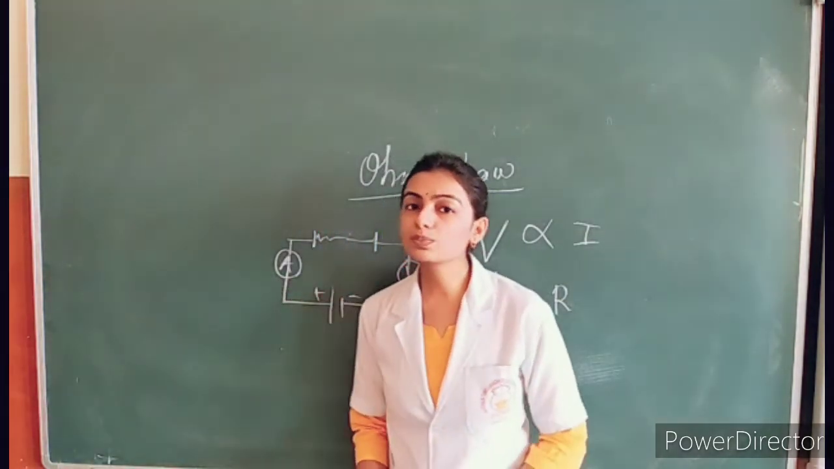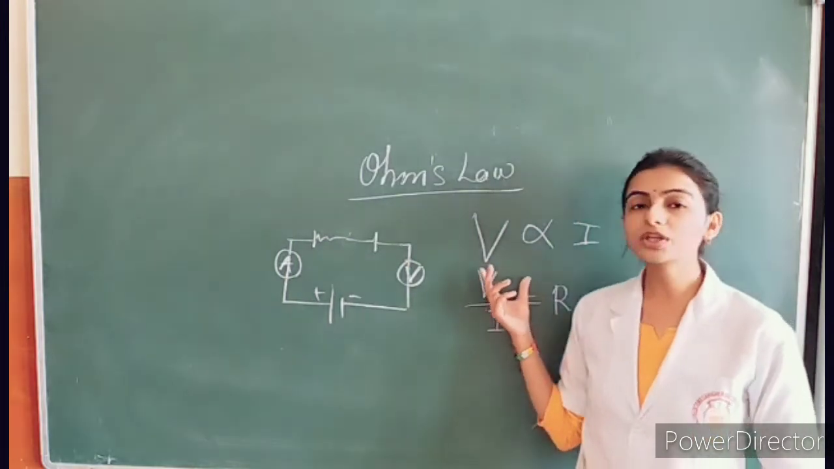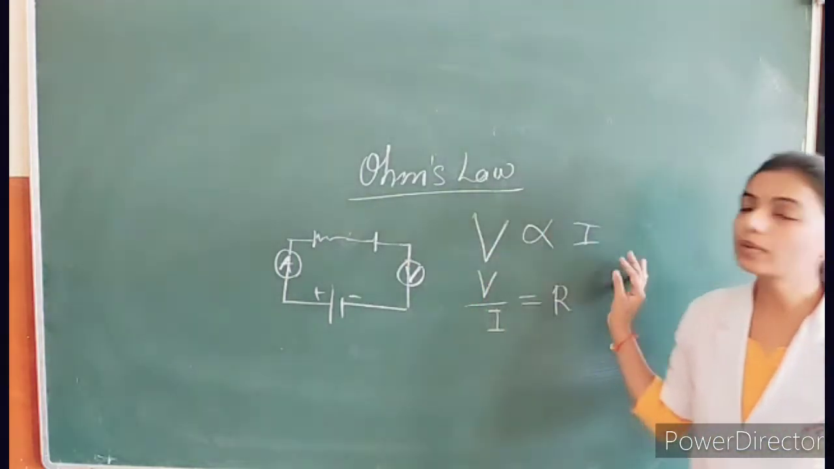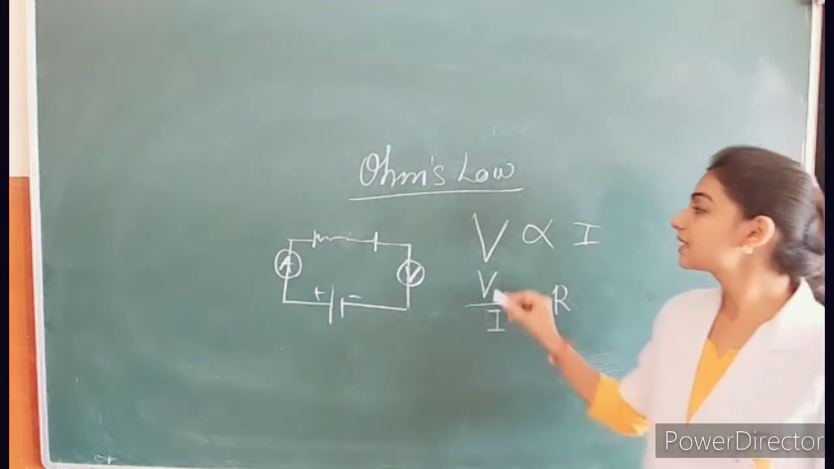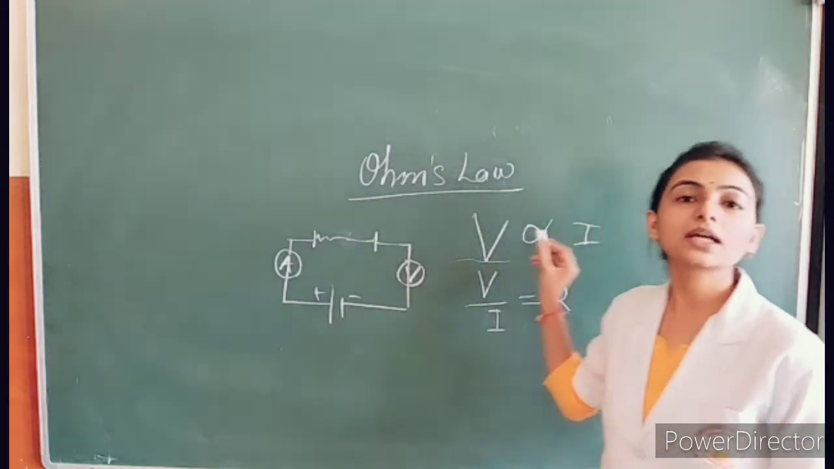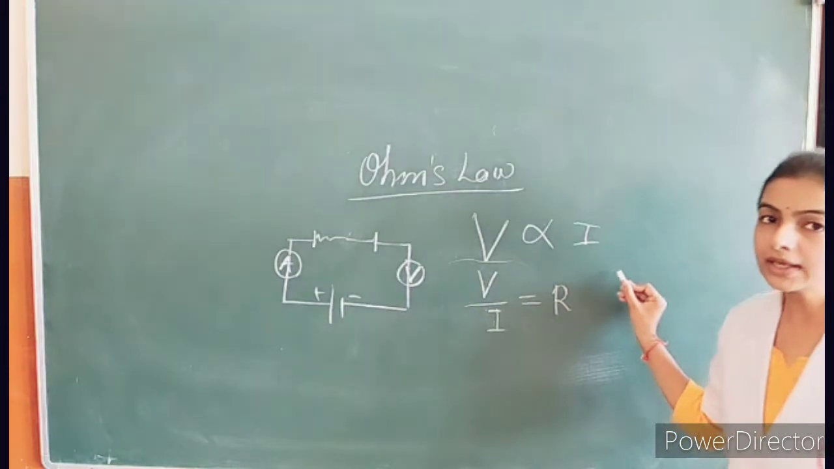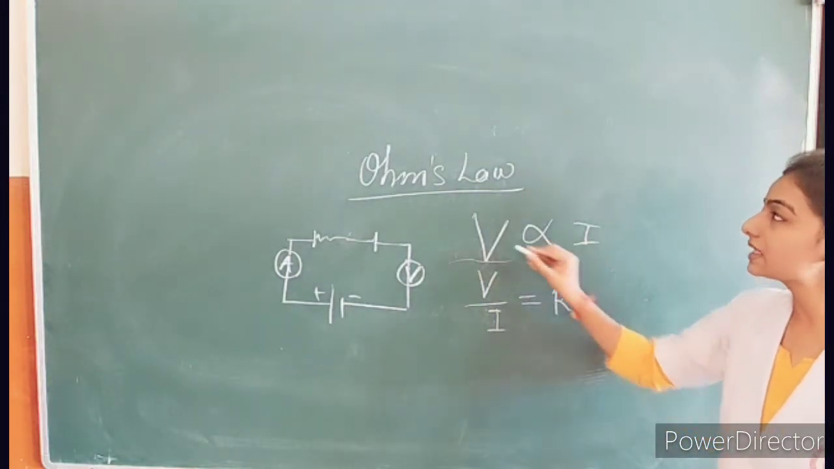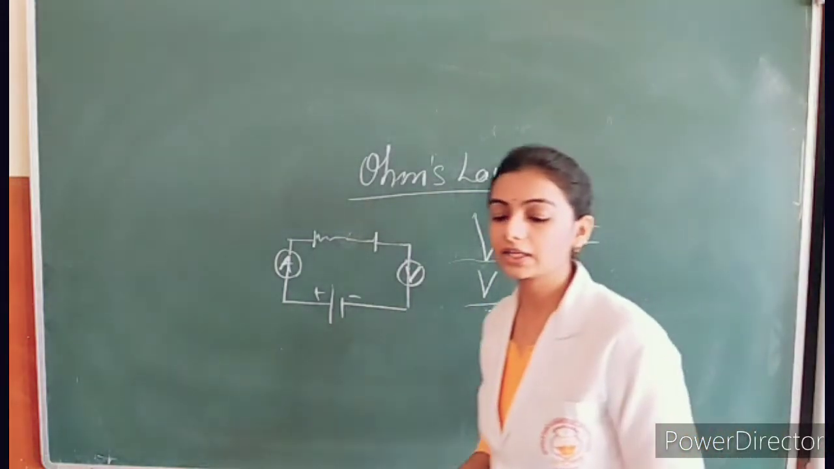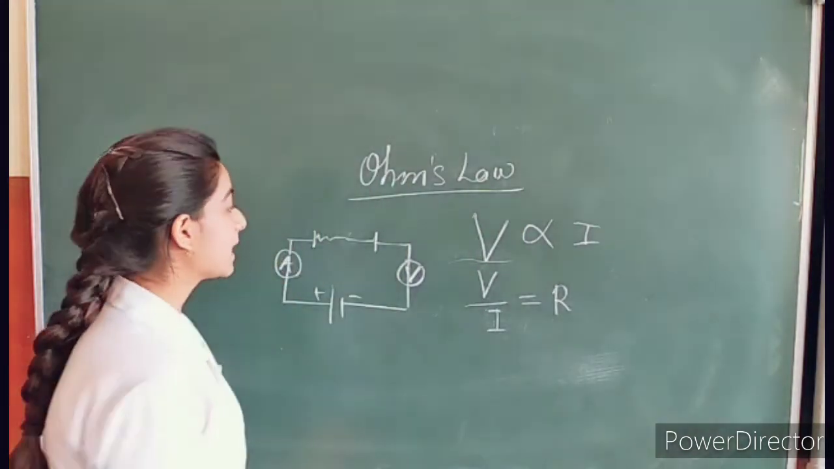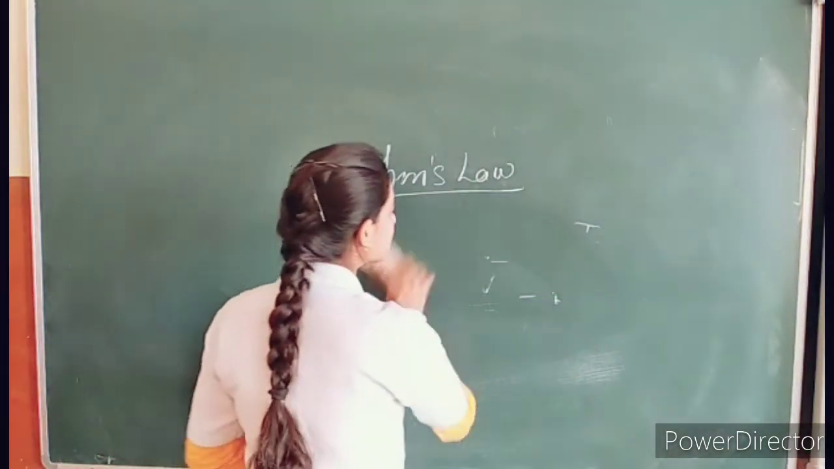And what is potential? Whatever the potential is given, it is directly proportional to I. It means if the potential is high, the current will be high. If the potential is low, the current will be low or decrease. As the potential increases, the current will also increase. By graph, we can say that